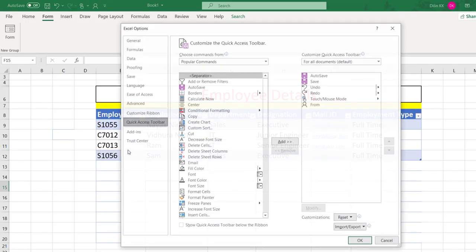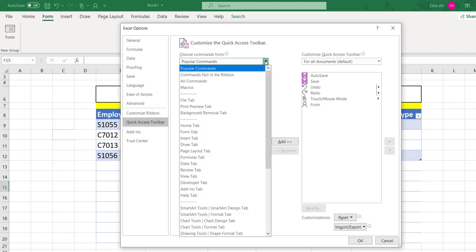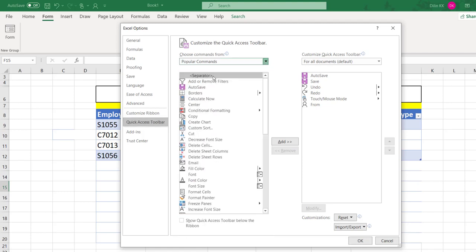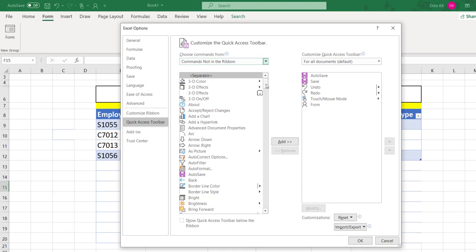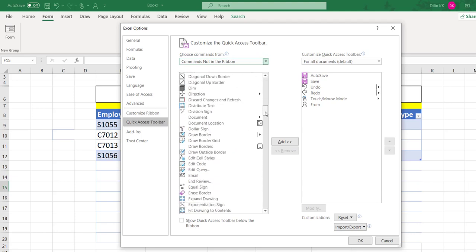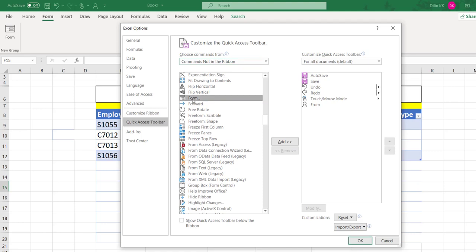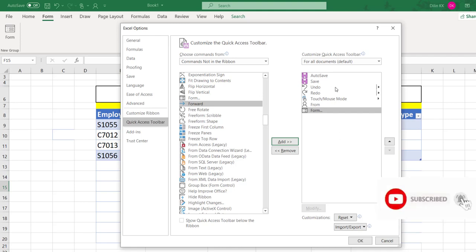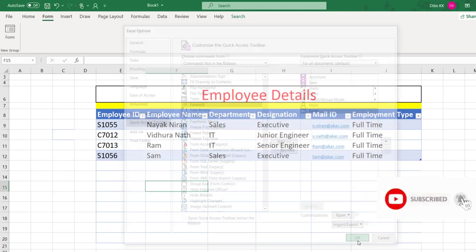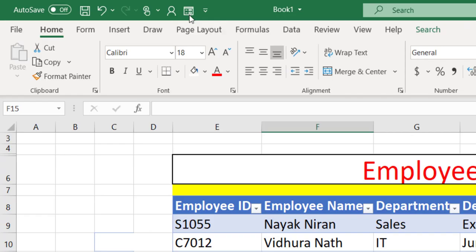Select More Commands and select commands not in the ribbon or all commands. Select commands not in the ribbon. Select Form and click Add. Now Form is added in this quick access toolbar. Click OK. Now you can see that Form is added in the quick access toolbar.